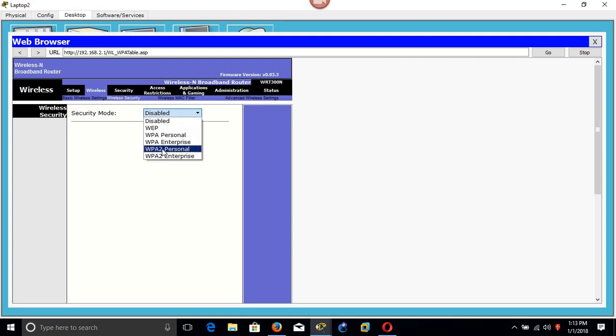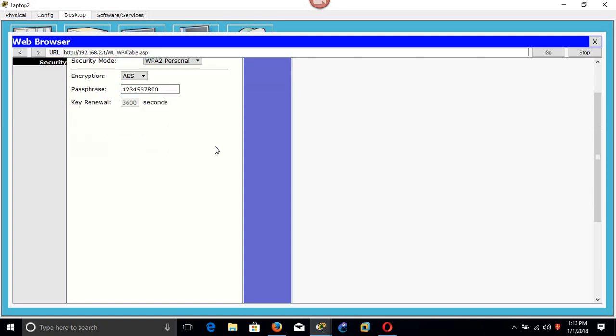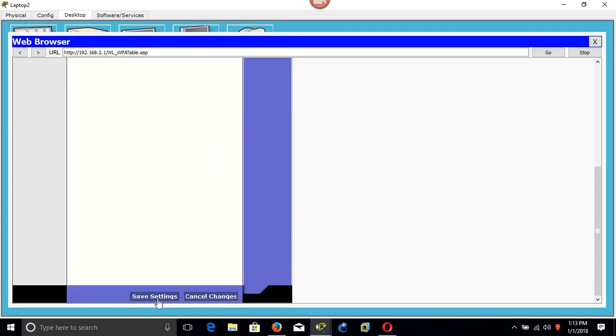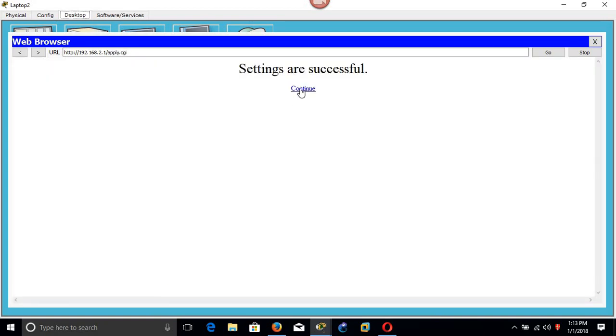Okay, here this one, WPA2, this one is good and it is recommended most of the time. Here we have to specify the password of our wireless router. Let's say 1 2 3 4 5 6 7 8 9 0. This is our password for our wireless. Then after that, save settings.